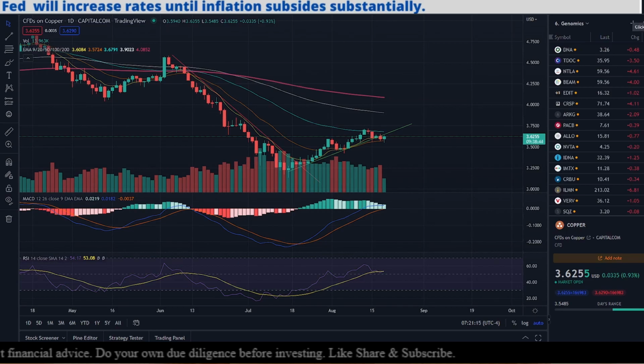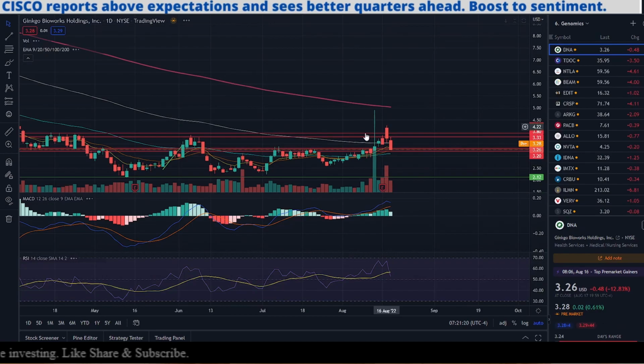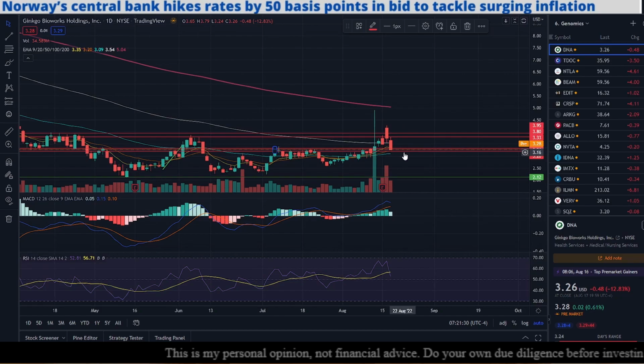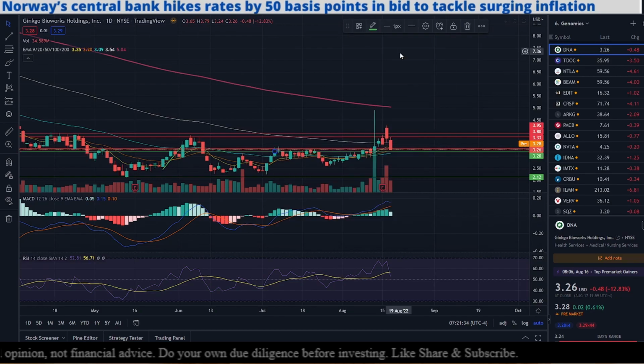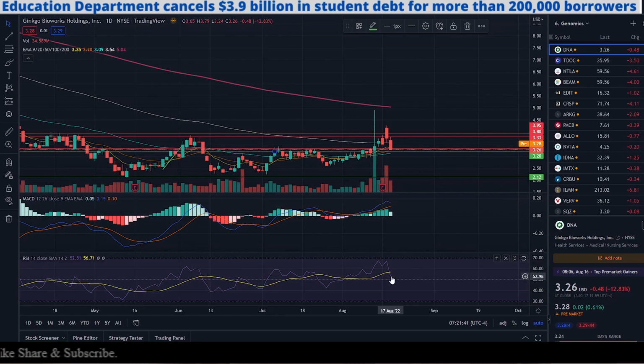I'm going to sort the genomics shares so that I have the biggest losers on the top. DNA lost big yesterday, and it blew through at least 2 exponential moving averages and 1 horizontal line of support, which was at 3.33. All of them have now become resistance. Its next line of support is at 3.20, and we have MACD, which is still bullish, and we have momentum,